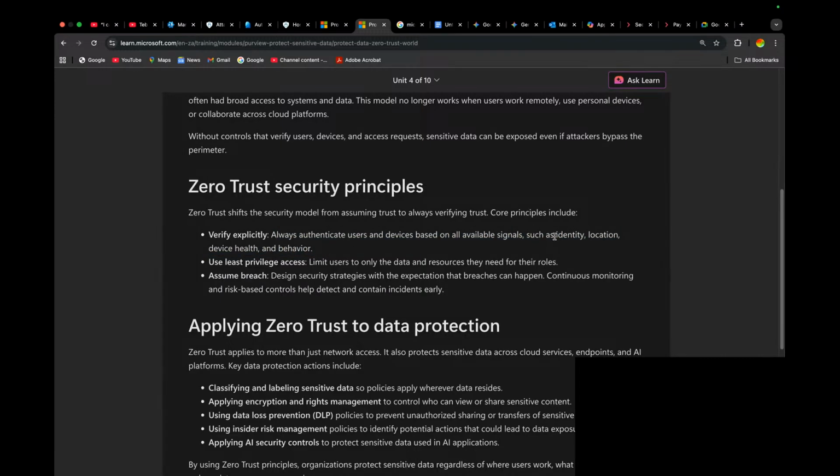Okay, let me explain this. Identity just means who are you, your username, your password. Location, where are you? So if a company is based in South Africa, and you are an employee of that company, you decide to travel to another country, to America. If you're trying to log in on company applications, it's possible that you will be blocked, depending